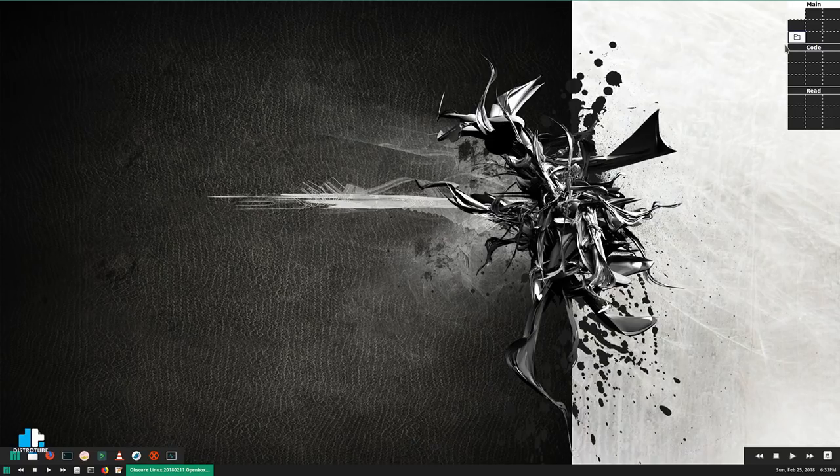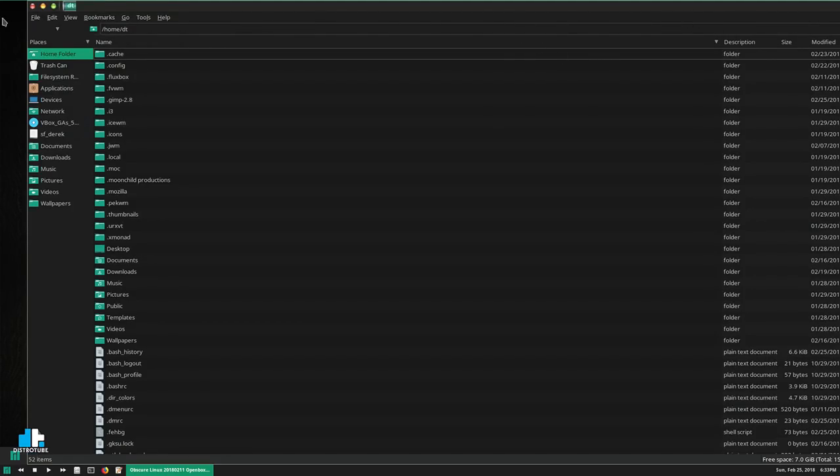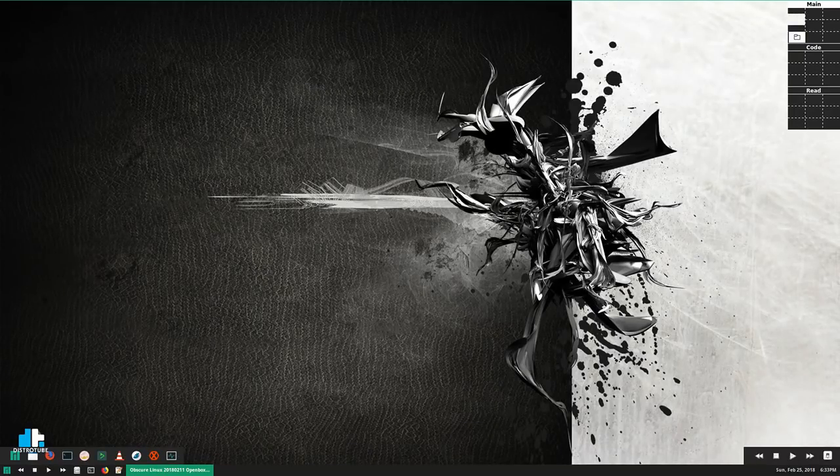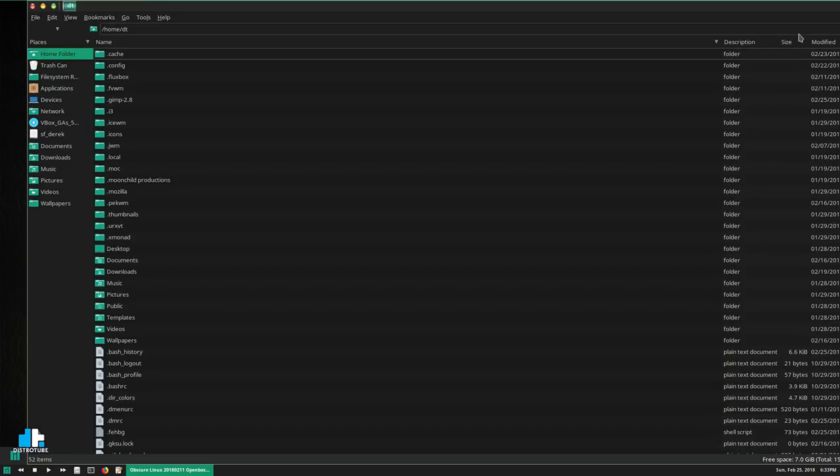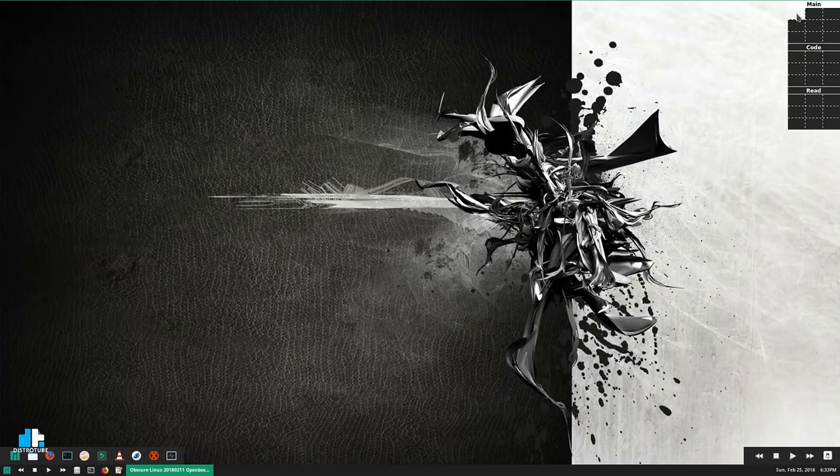That's the PCman FM file manager, and this is one of the more frustrating things about FVWM I haven't quite figured out, is when you move the mouse to the top of the screen or to the bottom of the screen, you end up moving all along this pager here. For example, I opened PCman FM, but you see how I keep moving around the desktops. When you move the mouse to the left, right, top, and bottom, you end up all over the place. It's kind of frustrating. I'm not sure if that's something I can disable or not in FVWM, but